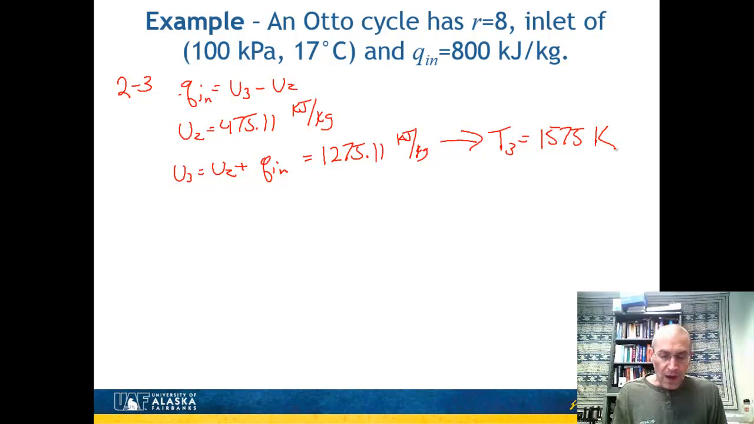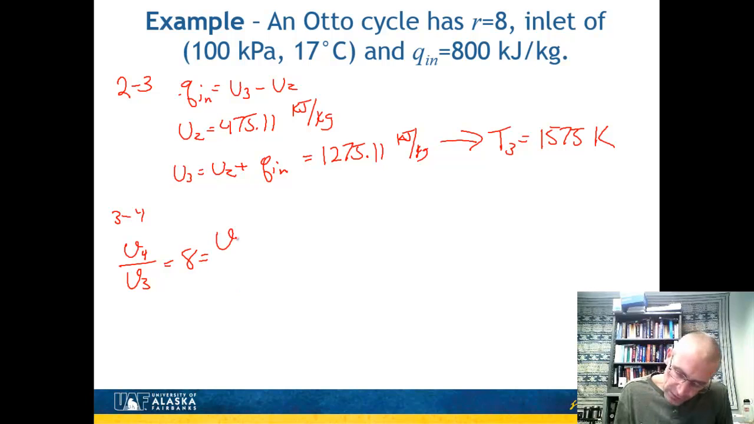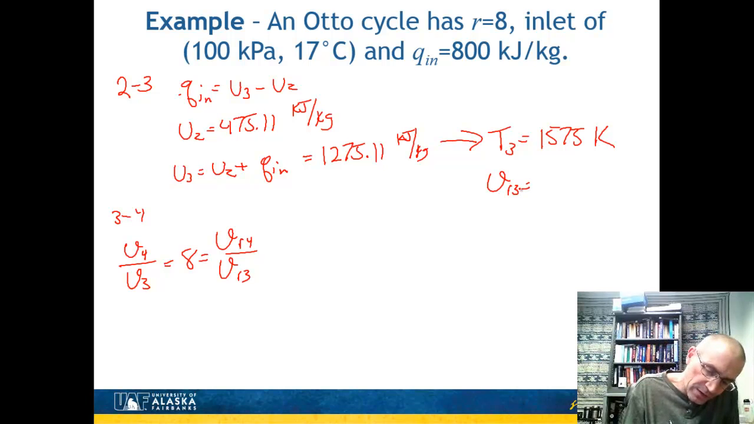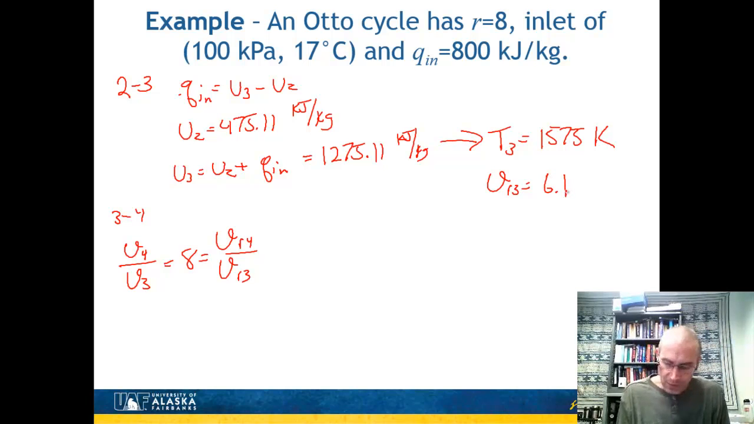All right. So now we want to go from 3 to 4. And again, we're using this isentropic relation with a variable heat capacity, the V4 over V3, which is equal to the compression ratio, is equal to VR4 over VR3, the relative volume. Here's T3, 1575. I can find a corresponding value of what VR3 is off the table A17. That is 6.1. So I can plug that in there, and find out what is VR4. And so VR4 is going to end up being equal to